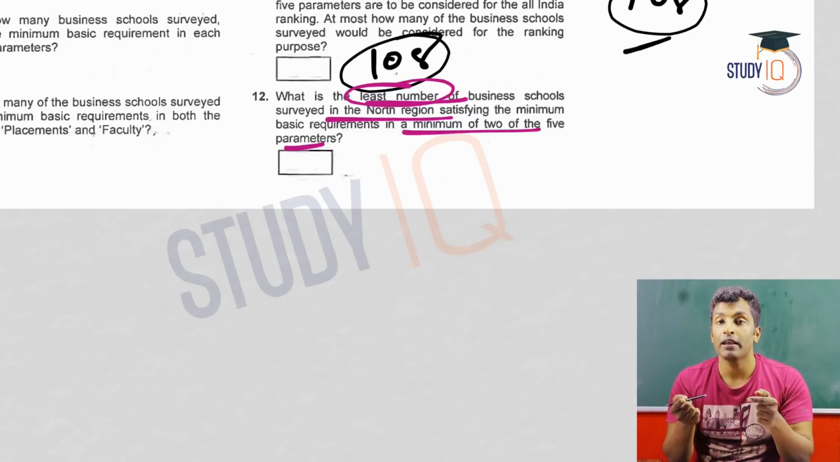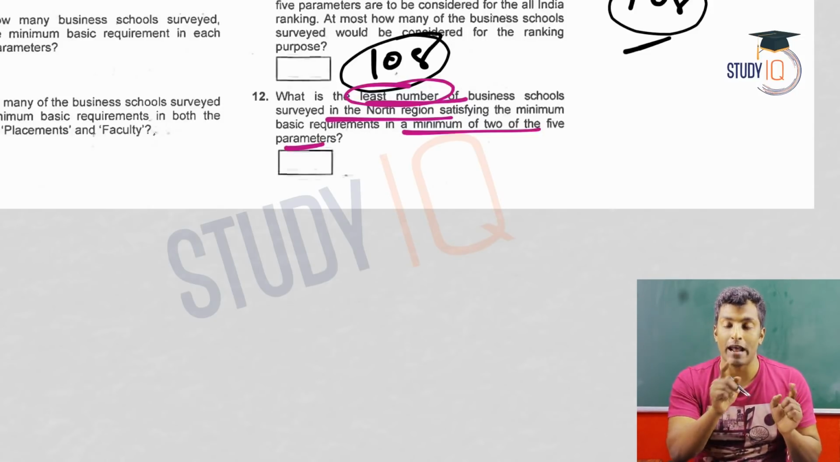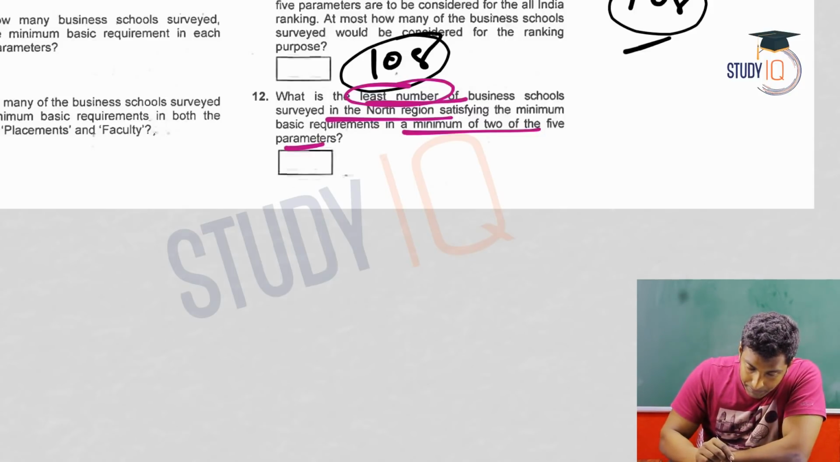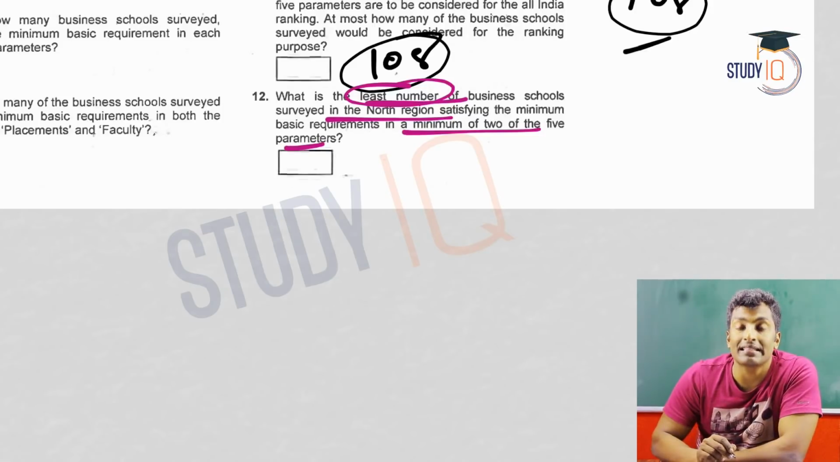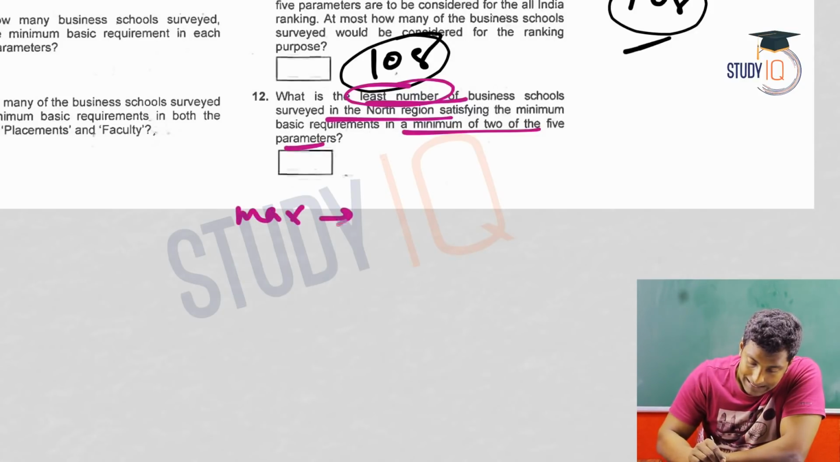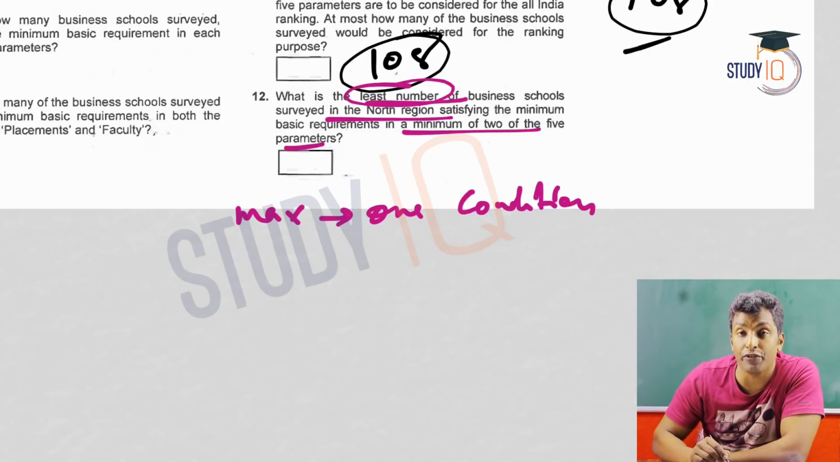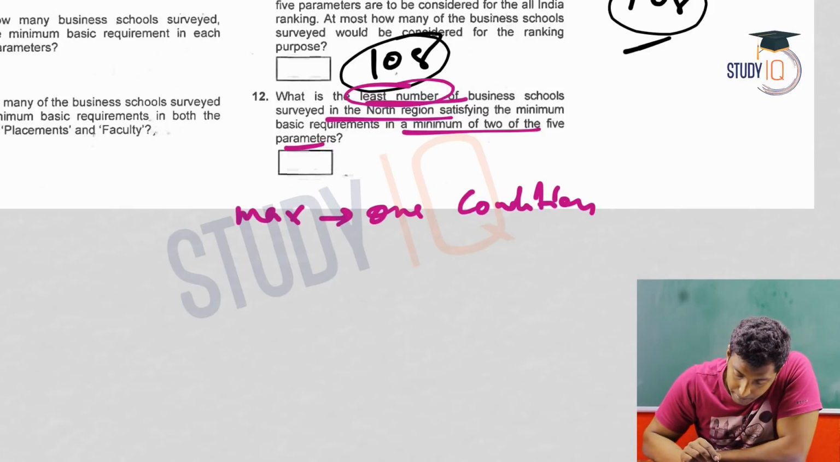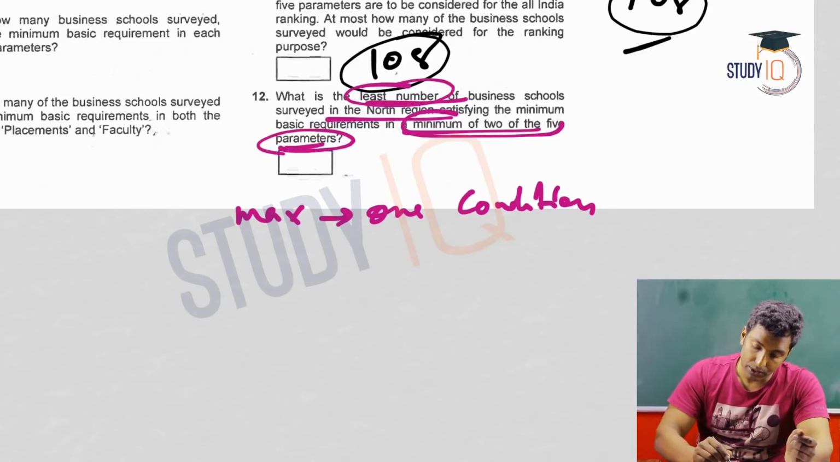So what we need to do? We need to maximize the institutions which satisfy one parameter. Okay, then automatically we'll get the answer. So our assumption is that the maximum possible business schools will satisfy only 1 condition, maximum only 1 criterion. Okay, and the remaining ones satisfy all the 5. Okay, so see, minimum of 2 of the 5 parameters means I'll take it as 5. Okay, so remaining